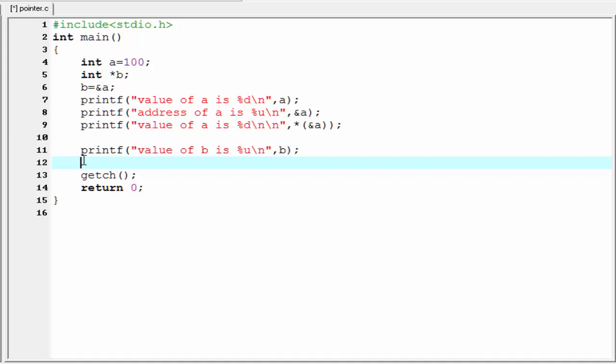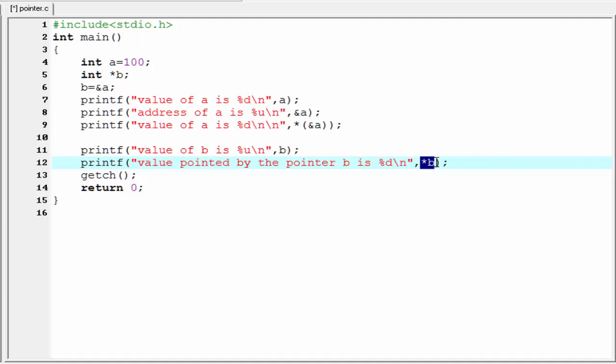Next we print the value pointed to by the pointer b. So I write printf, and here I write value pointed by the pointer b is %d and then a new line, and here we refer *b.